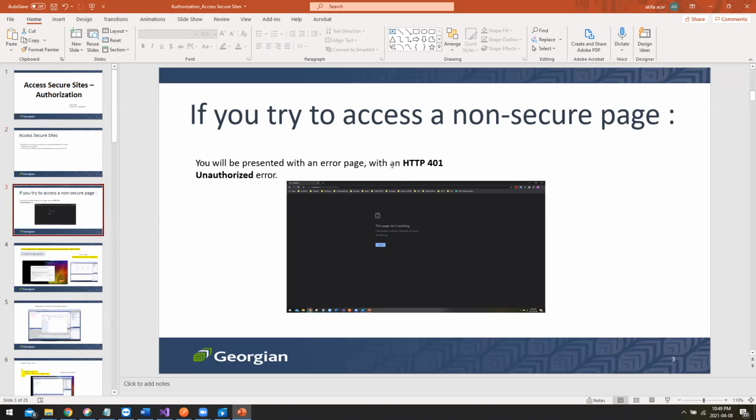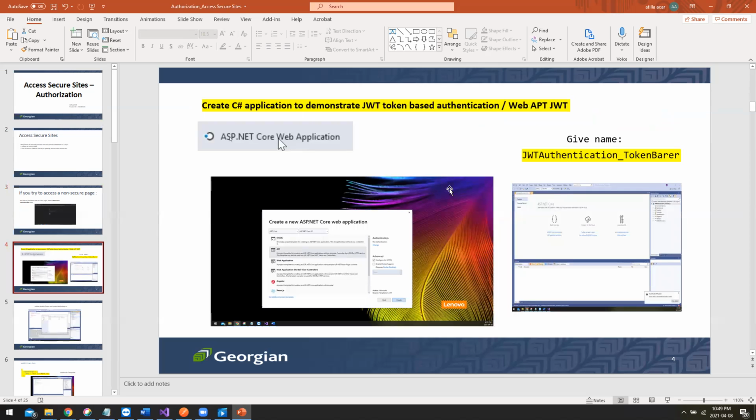So first of all, there's a weather forecast website, and when you click this forecast, basically you're receiving an error saying the page is not working. This is what we're receiving at the beginning. To access the secure website using such technology,